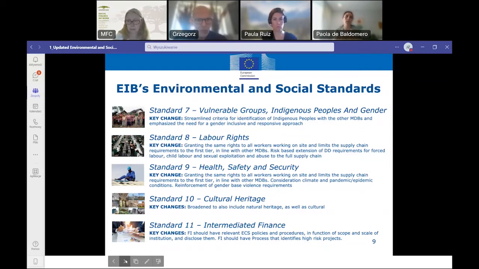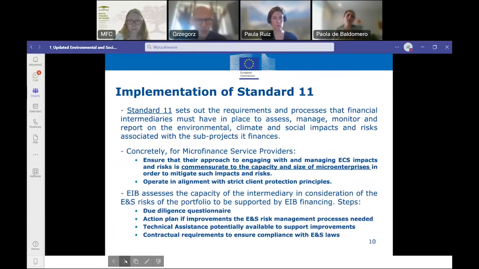So the point is that we need to make sure that the financial intermediary has in place the processes for assessing the risks, managing the risks, and monitoring the risks and the impacts. So if there are some impacts, those impacts need to be mitigated. Again, this is also covering all types of financial intermediaries. So here we're talking about investment banks, SMEs, and microfinance. But the requirements that we impose on the financial intermediary are fully commensurate with the size of the impacts and the risks. So if you go to the next slide, here we're focusing more on what it means for microfinance,